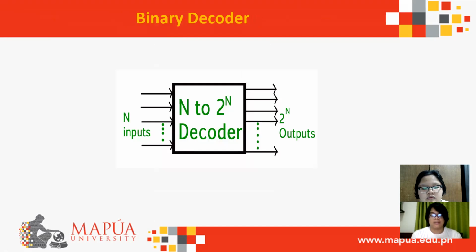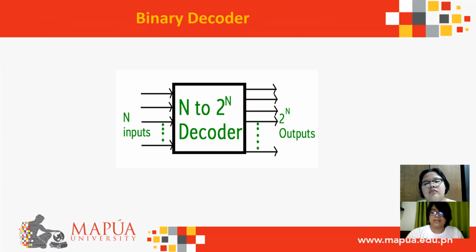And so the binary decoder. So there is the block of a decoder. A binary decoder is a logic device that accepts a digital input in binary form and activates one of its outputs. This device contains several outputs, and the one that is chosen to be outputted is activated by the code applied in the inputs of the device.